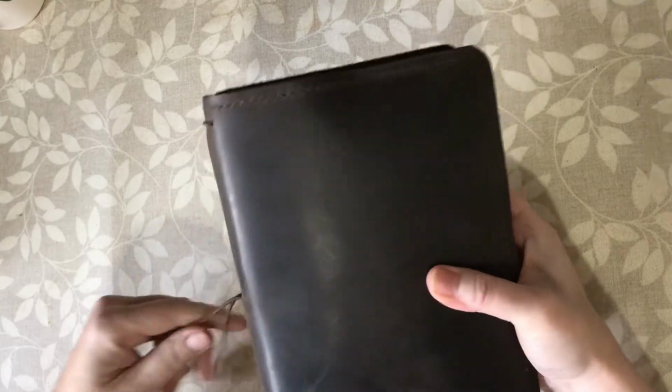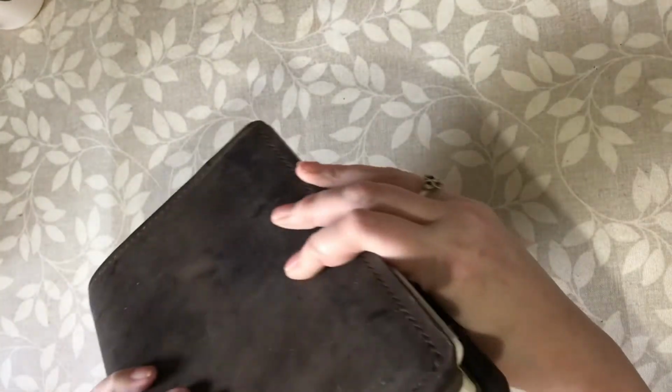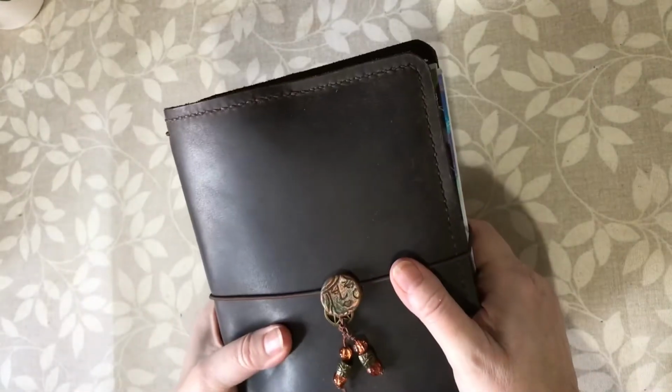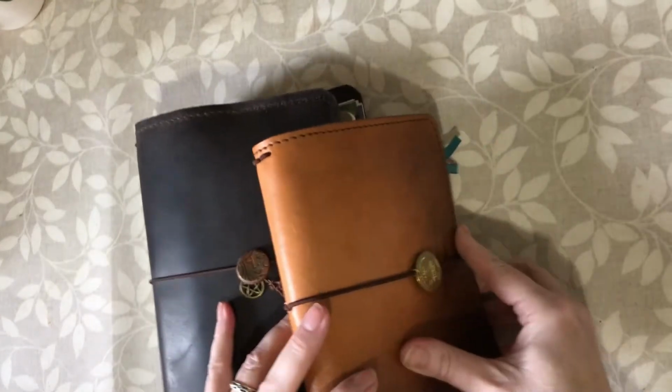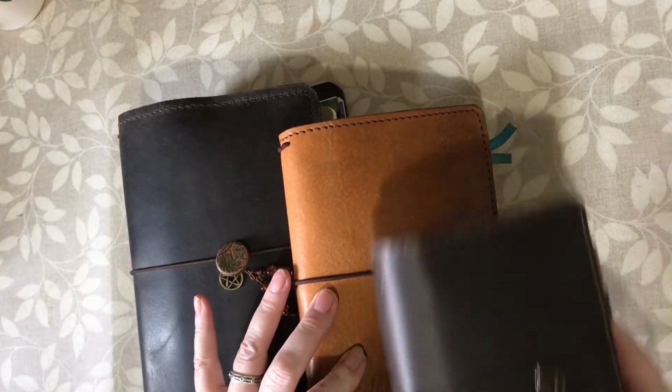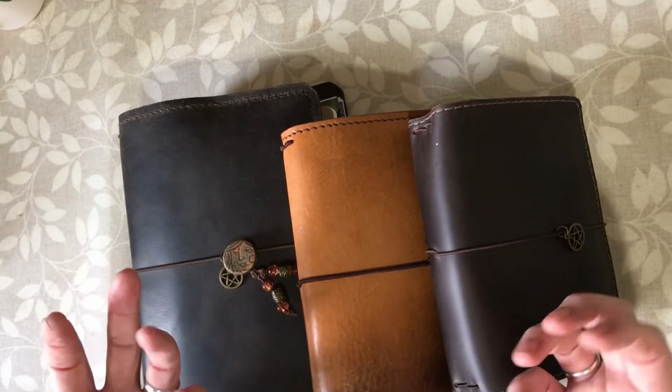I do have one other A5 journal which I will show in the future, which I use as a sketchbook and which isn't as fat. Okay, so that is my 3 journals which I use to keep my Stalogy notebooks. And if you're interested in a size comparison of the notebooks and a look at how they stand up to being journaled in,